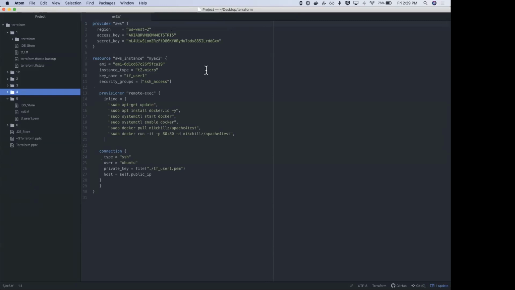If you look at the fifth one, there are a bunch of other things, like your connection, your provisioner, and all of that. I'll come back to that. The modules part we will also do in some time.